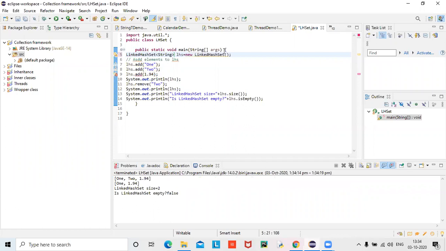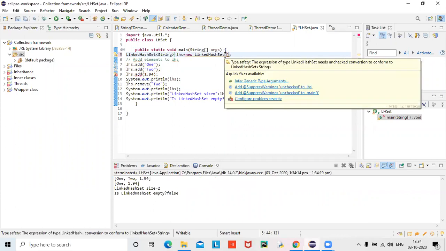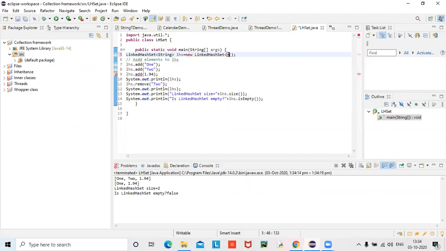And here also, at the end, a pair of angular brackets, and inside that you can give the specification. This is the concept known as generics. Generics means generalized concept.